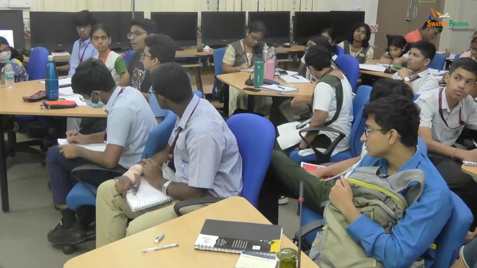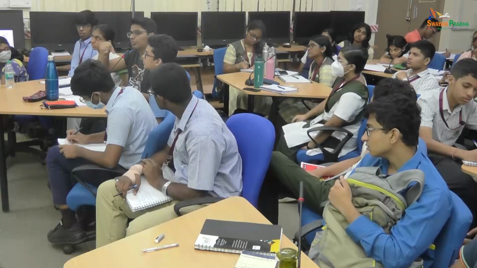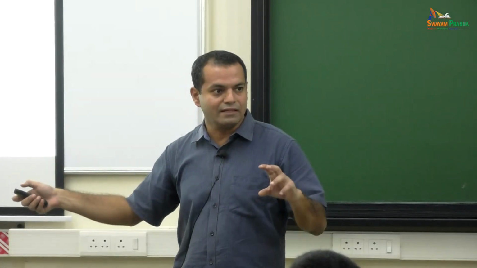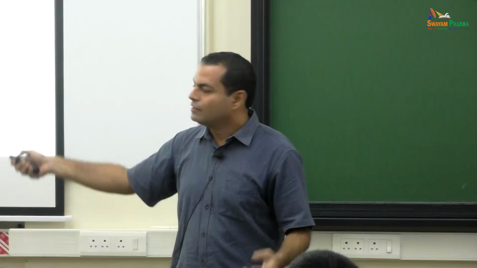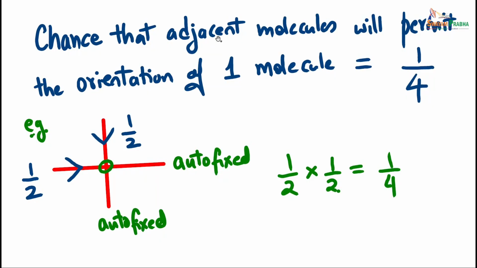Sir, could you explain why the probability is half in the previous step of allowing a configuration? So we are assuming 6 are allowed, but whether that configuration can be taken depends on the neighbor. If I say this configuration is taken or not, there is a chance it may not be taken due to the effect of the neighbor. Otherwise they are independent. Somehow I have to bring in the idea that the neighbor affects. That is half, and similarly this is also half.